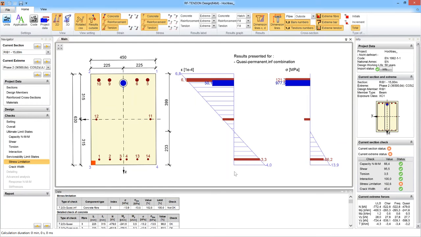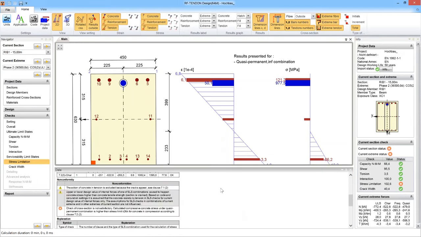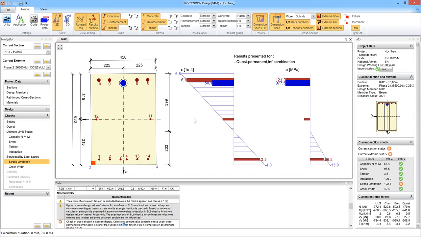The program tells you exactly what is happening in the cross section, and sometimes, if it's straightforward, it gives you some non-conformity. For example, the check of the cross-section is not satisfactory, the calculated compressive stress under the quasi-permanent combination is higher than the stress limit, and so on. You can either increase this k2 factor in case, for example, that